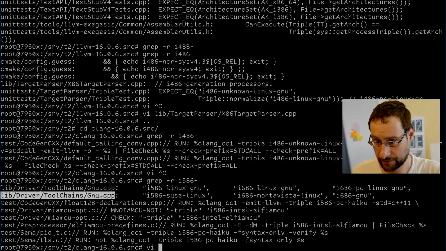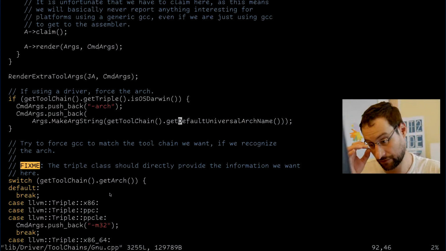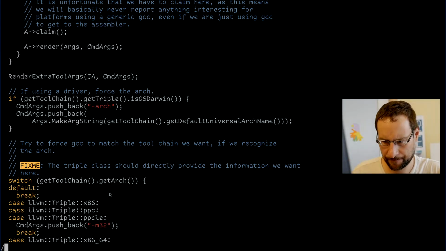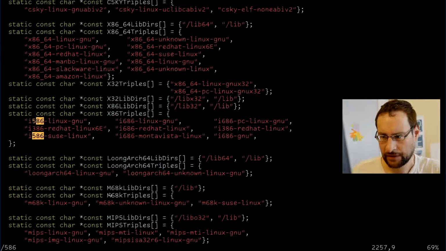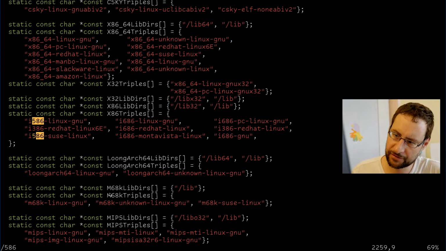Here's some toolchains. Don't tell me it needs to be in there. Oh, hello. All right, 586. Don't tell me it needs to be in there to match.